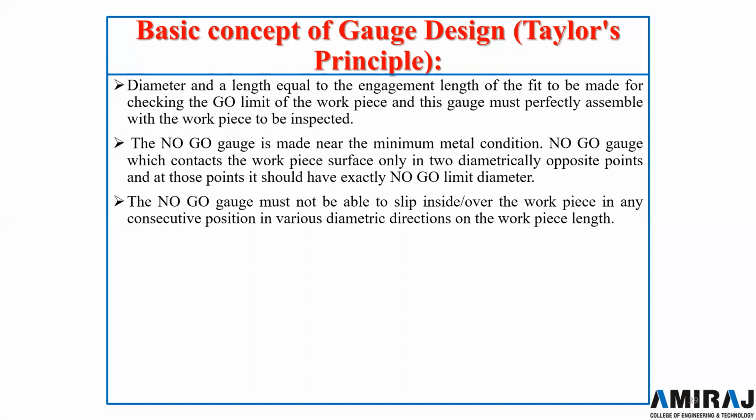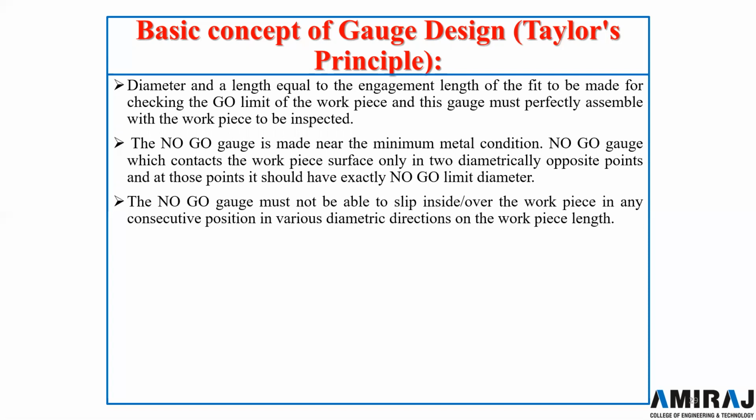Similarly, the no-go gauge is made near to minimum metal condition. Now, the no-go gauge contacts the workpiece surface only in two diametrically opposite points, and at these points it should have exactly no-go diameter. No-go gauge must be able to slip inside or over the workpiece in any consecutive position in various diametric directions